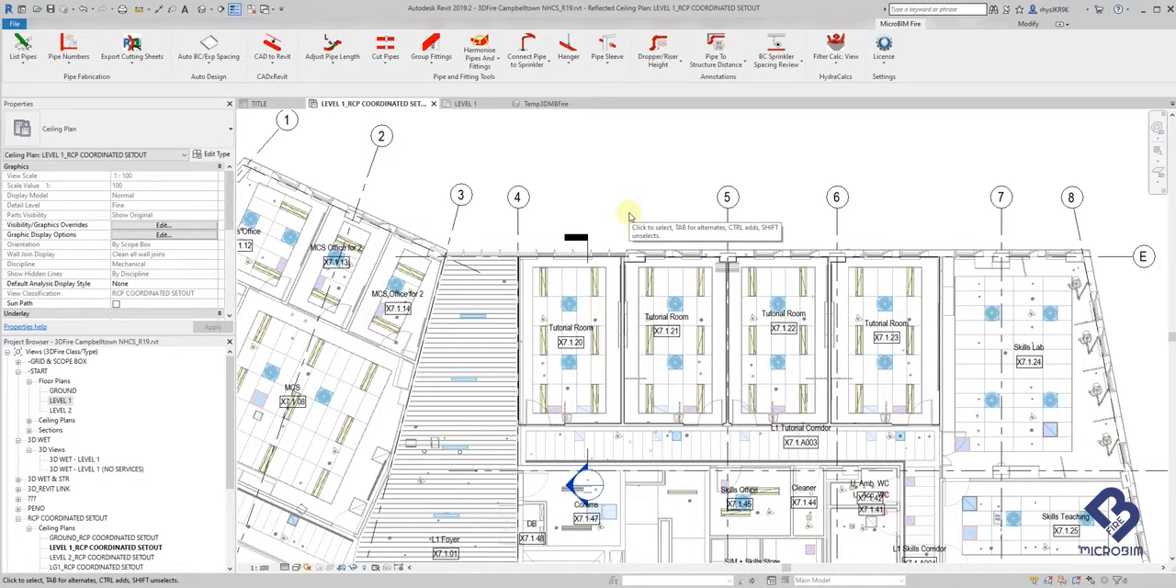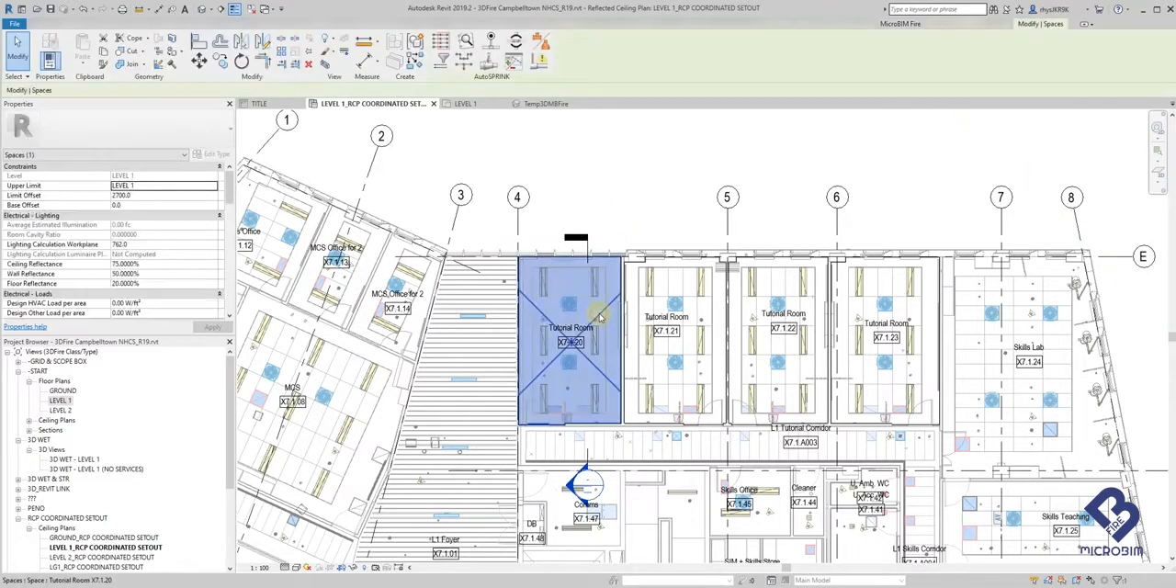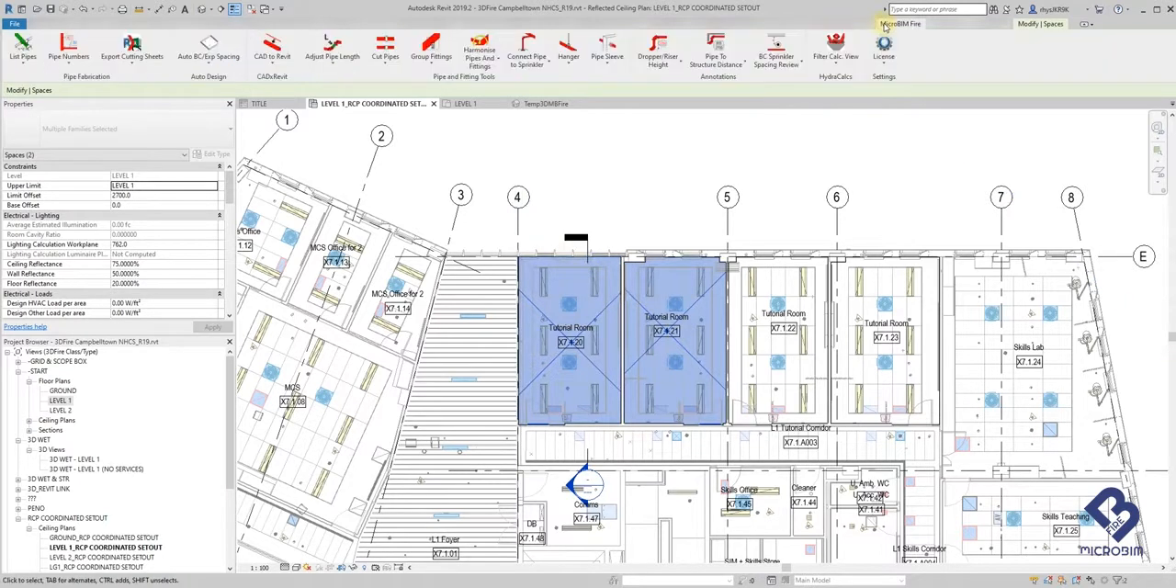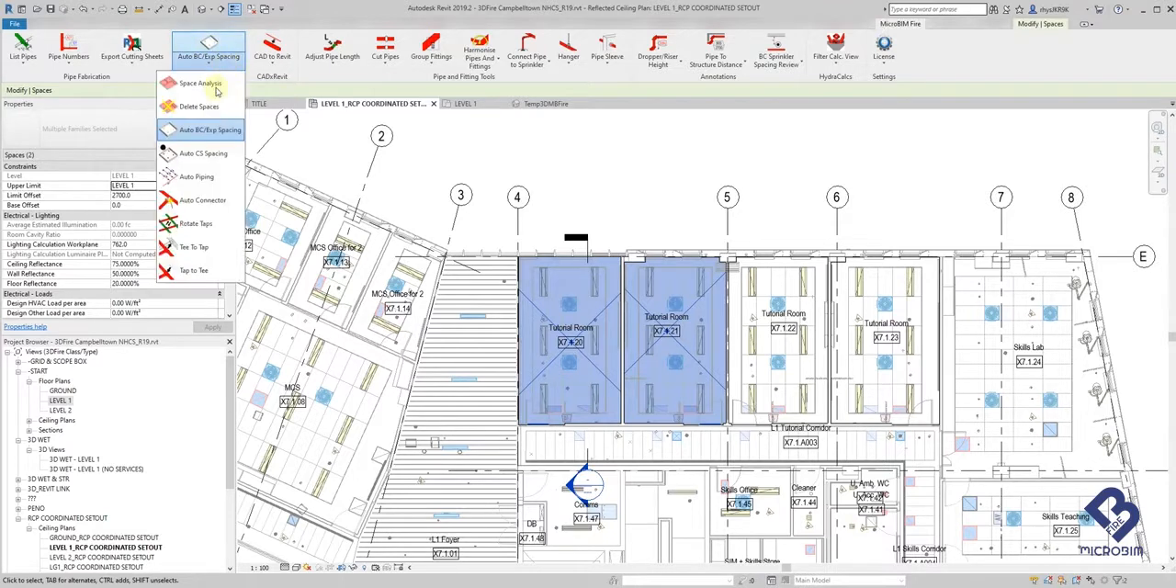Now that spaces have been created within our model, we can use them to start our sprinkler layouts. Selecting the space allows us to control the layout in different rooms and different hazard classifications. In this case, we're going to do two different layouts for these two different rooms. Selecting the space, navigating to the MicroBIM Fire ribbon, and clicking on the Auto BC Exp Spacing tool will give